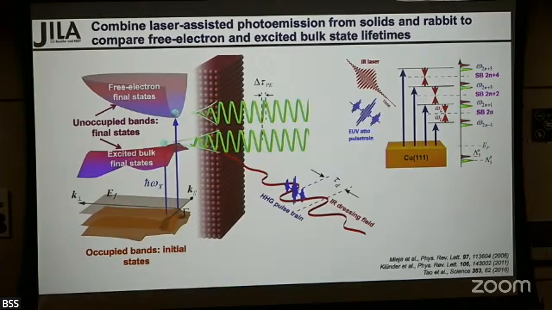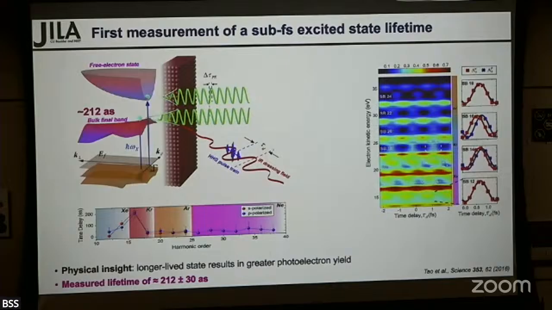Control their relative delay, like— Exactly. That's exactly what you do. You control their relative delay and you get this. So this is an interference pattern, and this is plotting the delay between a free electron